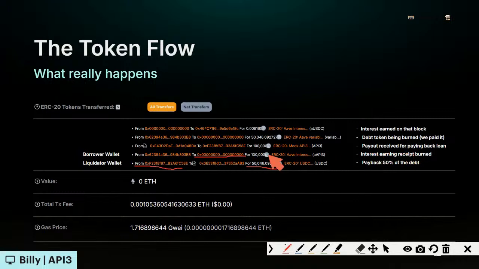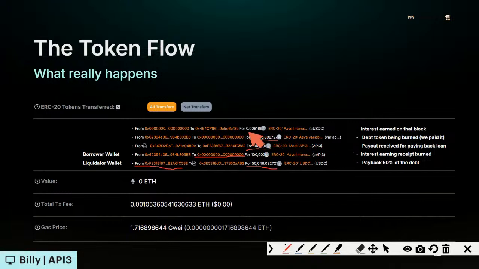Now I'm also here getting paid back. So what they got burned, that's coming to me in my wallet. So this is the payout for receiving the payback loan. So I pay back this debt. They're getting burned. Now that value is coming to me in my wallet, right? Also I pay back their debt. So their debt token, what they owed on that position, that 350 USDC, they have a debt token too. That gets burned from their wallet.